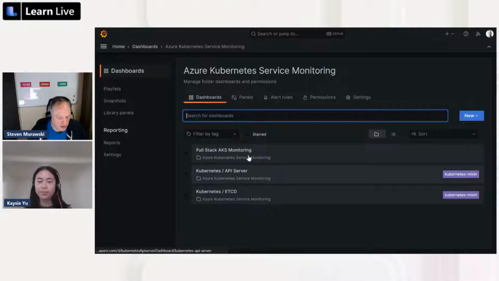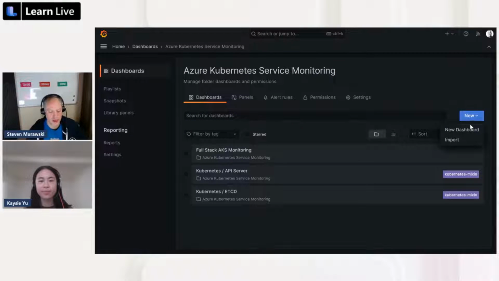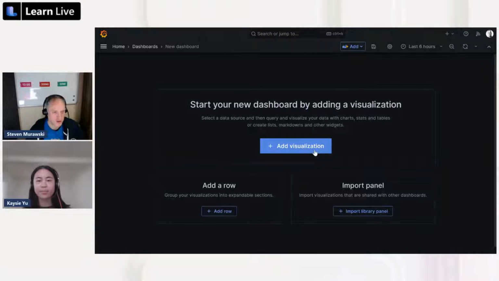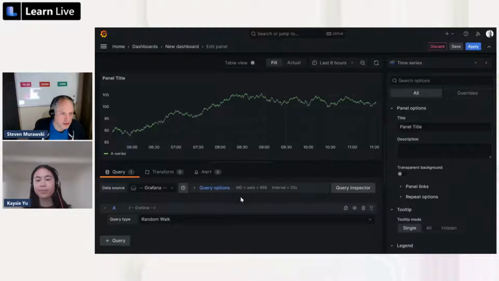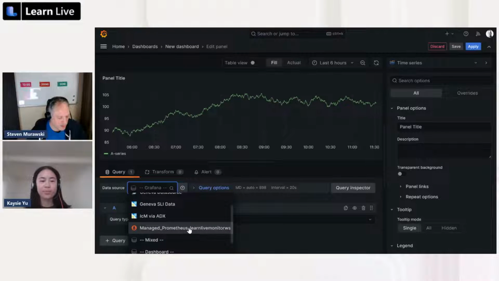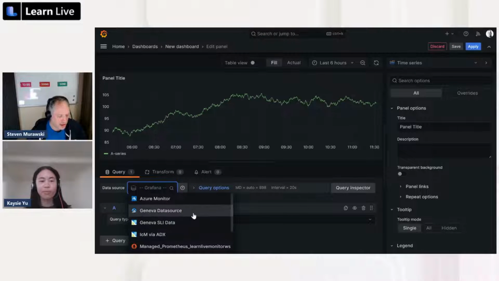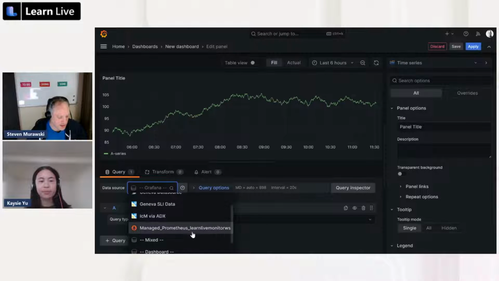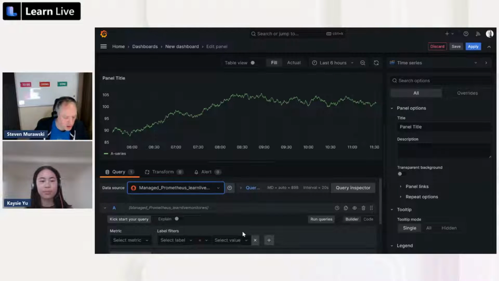Now we've had a chance to look around and see some of these different dashboards. We also have the option to create new dashboards. And when we do that, and this is probably really hard to see down here in the corner, you can pick your data source. We can go manage Prometheus, we can go Azure Monitor, we have other data sources that we can tie into. But when you pick a data source,